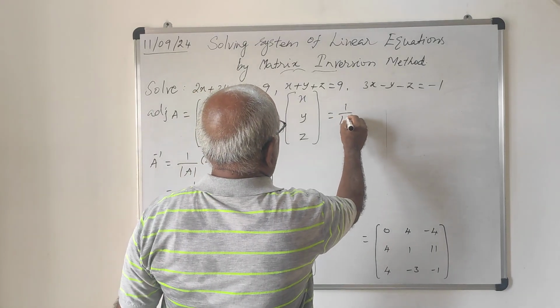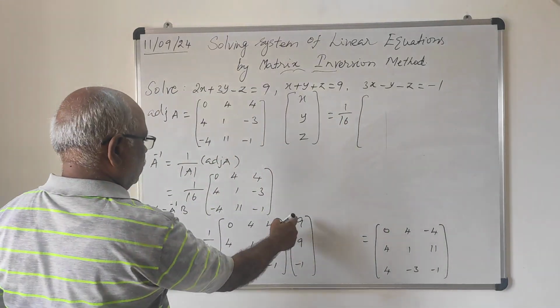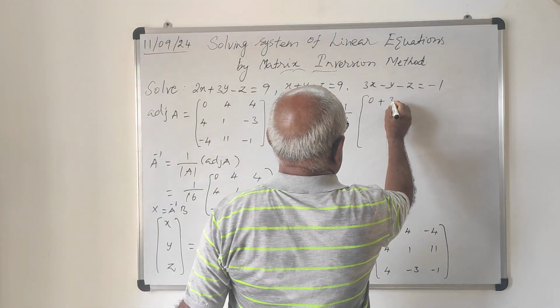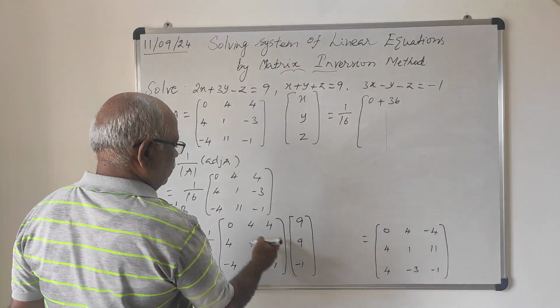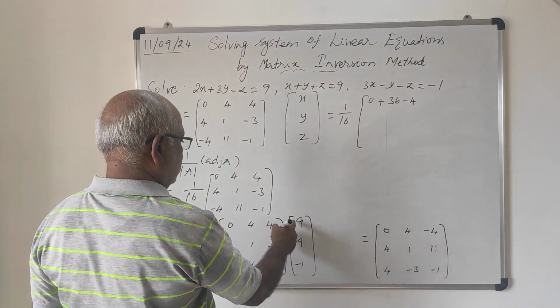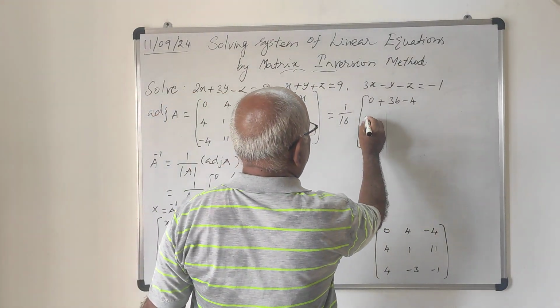Right hand side 1 by 16 into first row, first column 0 into 9, 0 plus 4 into 9, 36 plus 4 into minus 1, minus 4. Second row, first column 4 into 9, 36,